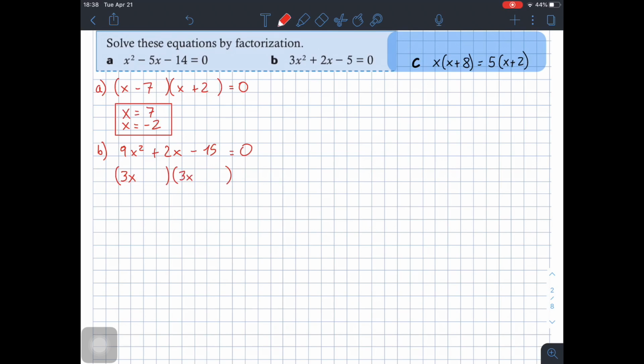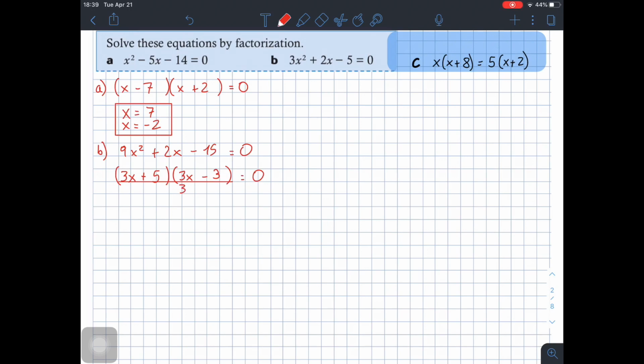And then we need to find a pair of values which multiplied give me negative 15 and added give me positive 2, right? Just like if it was case 5 in this case. So the pair of numbers in this case would be positive 5 and negative 3, right? Remember, this is always set up to 0. And as we multiplied the first equation by 3, remember we should always divide again by 3 in order to